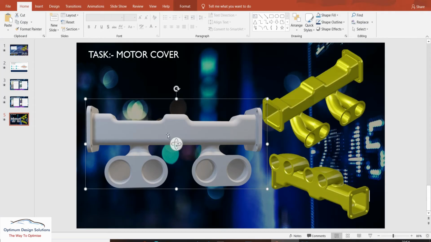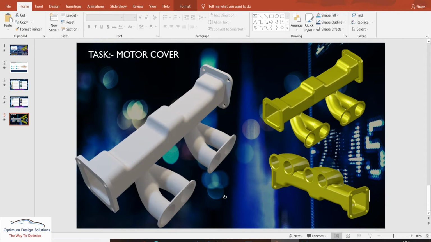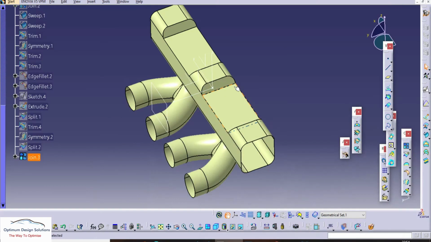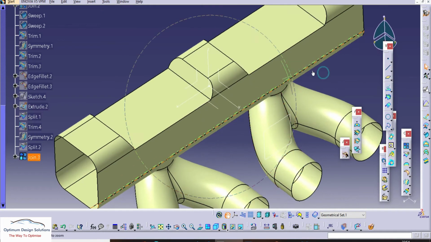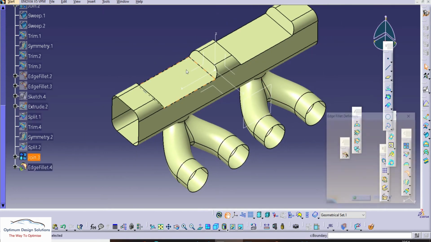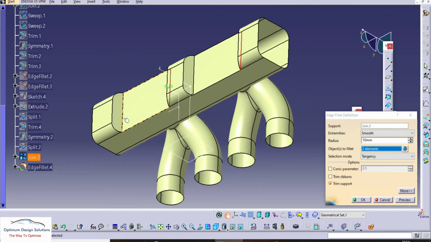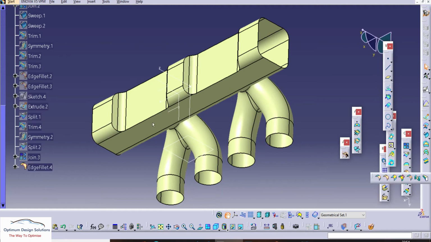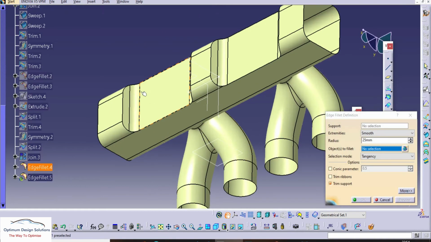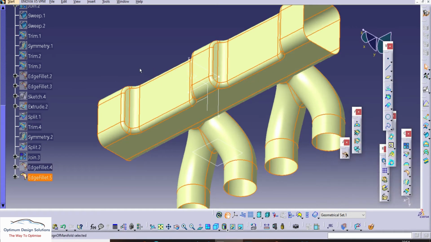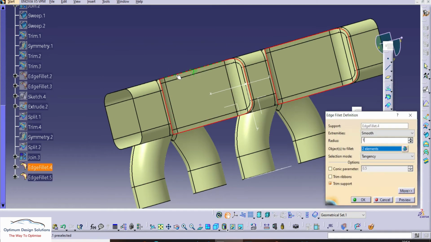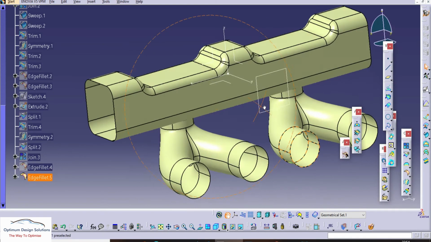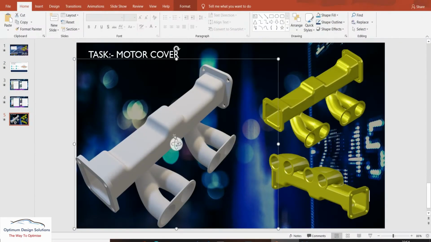Now the operation remaining is to give the corner radiuses here. We'll make some softness instead of the sharp edges. So let's use the radius edge fillet command here. 25 mm. So we'll take the sharp edges. This is the 10 mm. Okay, this is enough, 15 mm. So here the basic shape is now completed.